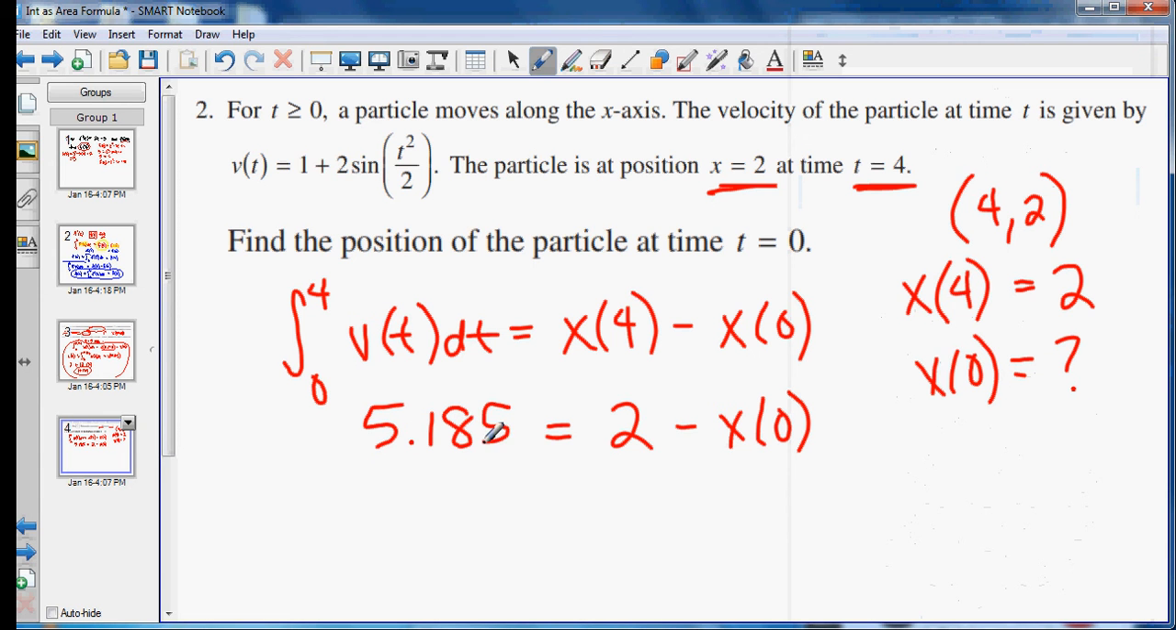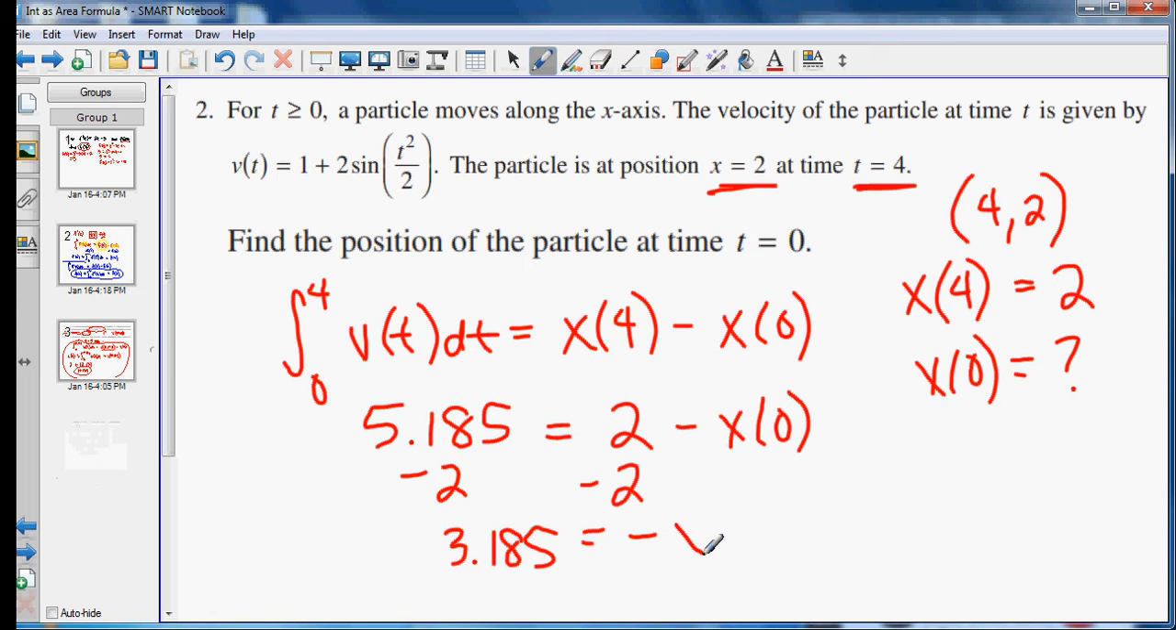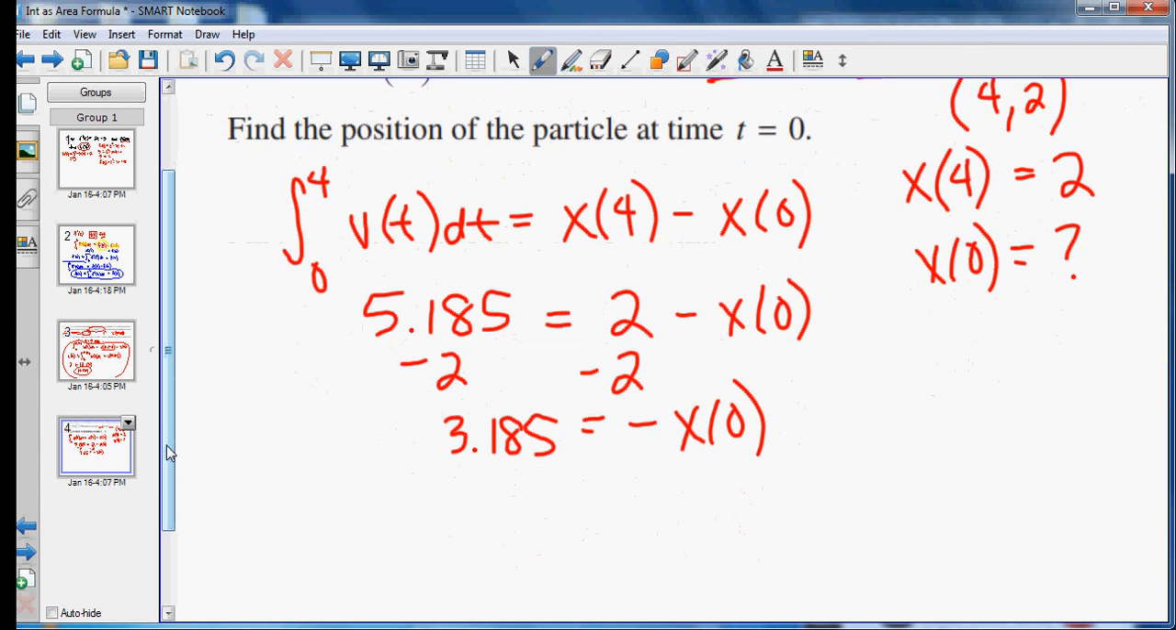5.815. And I subtract 2 from both sides. That's equal to negative x of 0. So I just need to multiply both sides by negative 1 and find that the position at time 0 is negative 3.185. That's it. Now I want to show you one reason I actually tend to teach this using the fundamental theorem